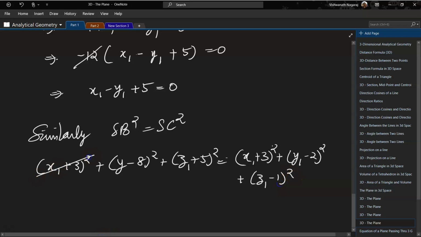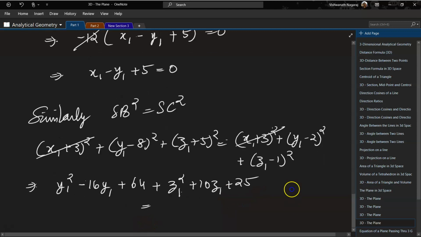And here if you notice, this and this gets cancelled. So let's open up the brackets. y1 square minus 16y1 plus 64 plus z1 square plus 10z1 plus 25 is equal to